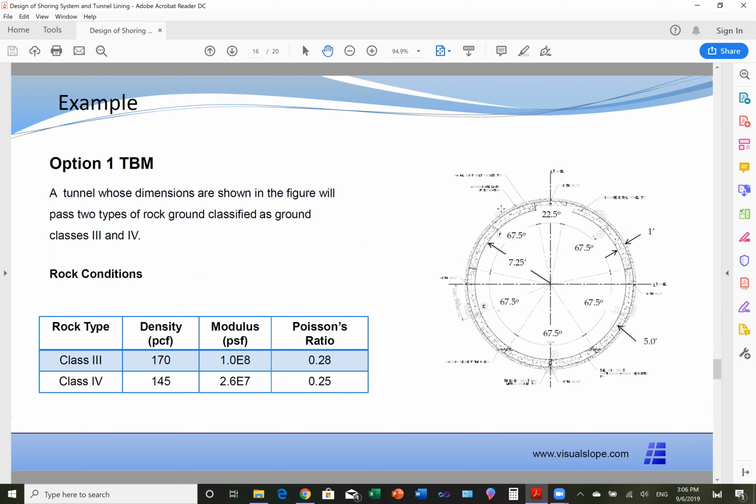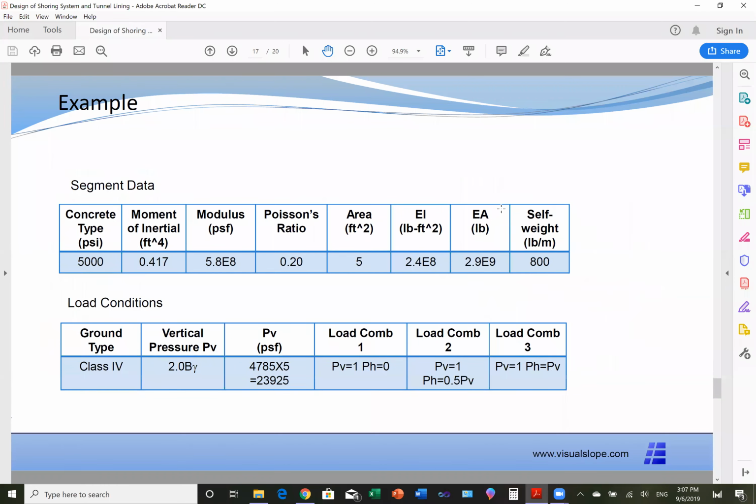Now, after finishing reviewing those, I will give you an example. It's a real example. It's a water tunnel, and there are 2 options for this one. The first option is to use TBM. We need to design a segmental lining for the TBM. That's one option. And the second option is to use